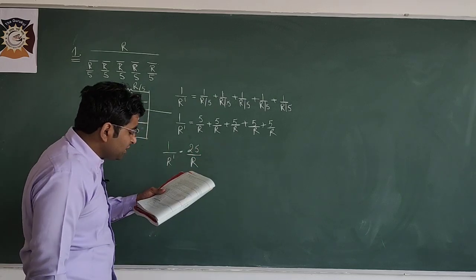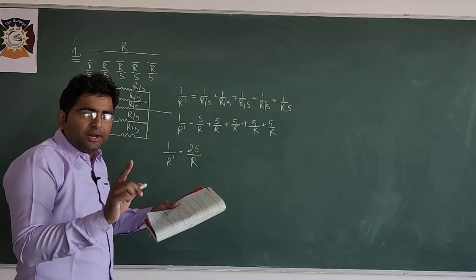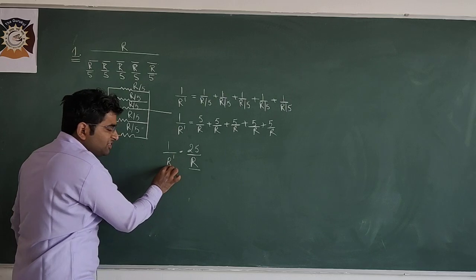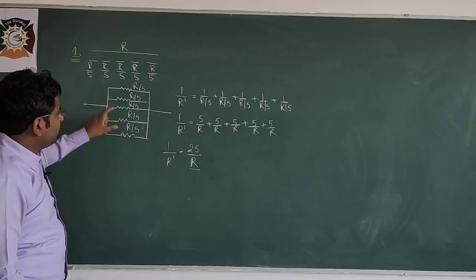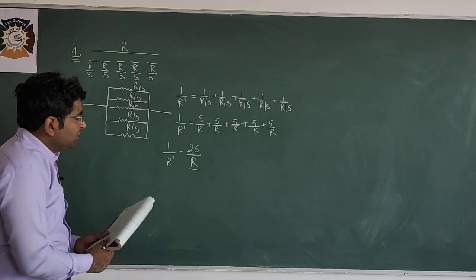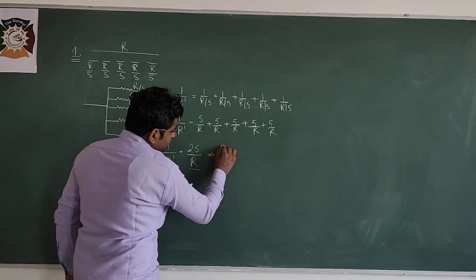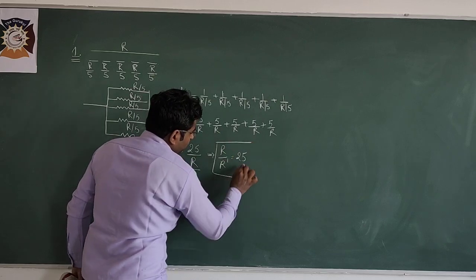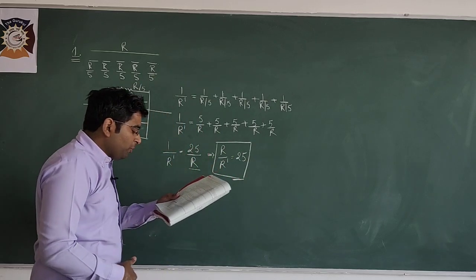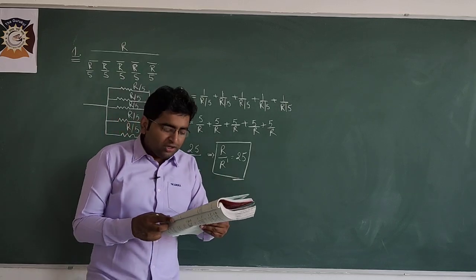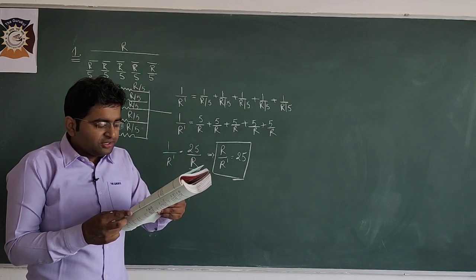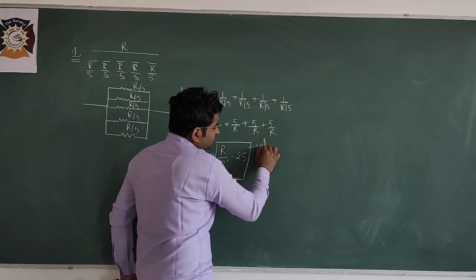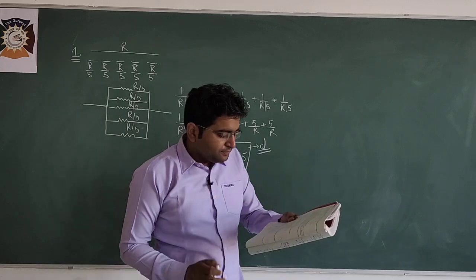So students, we have to tell the ratio of R upon R dash. R is the resistance of a wire, R dash is the resultant resistance of this combination. So R upon R dash is equal to 25. So students, option A 1 by 25, it is wrong. Option B 1 by 5, wrong. C 5, wrong. D 25. So answer is D. Clear?